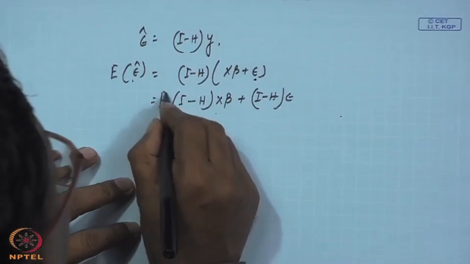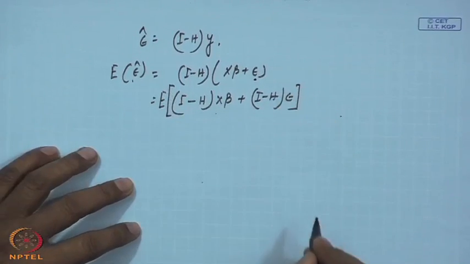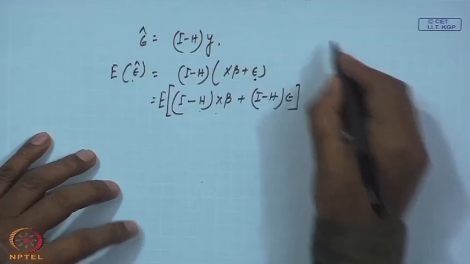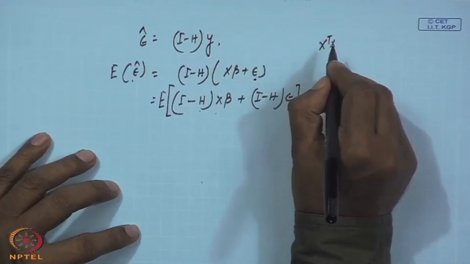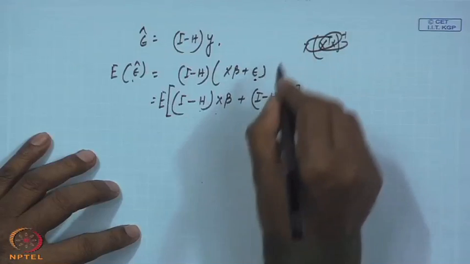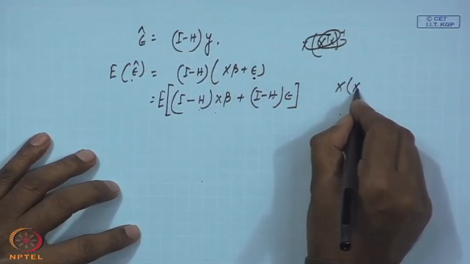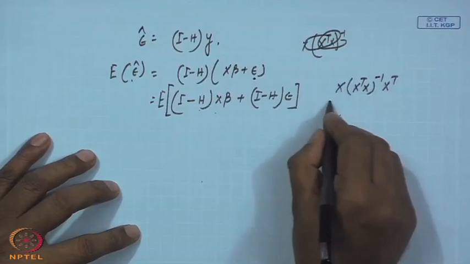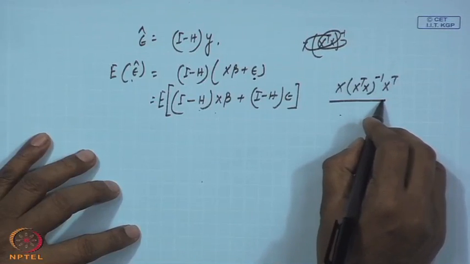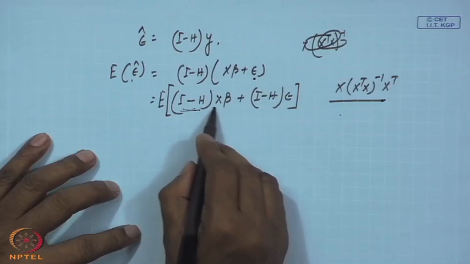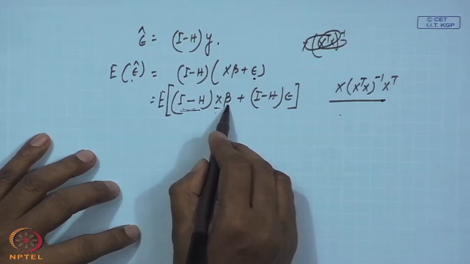You require to give an expectation operator here. Okay. Now, H is x transpose x inverse x transpose. These are all fixed values. So, I minus H is fixed, x is also fixed, and beta is constant,